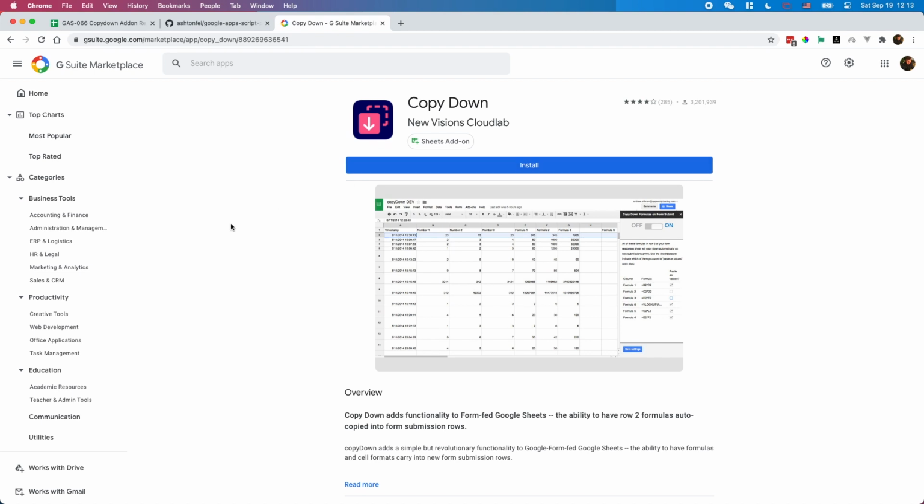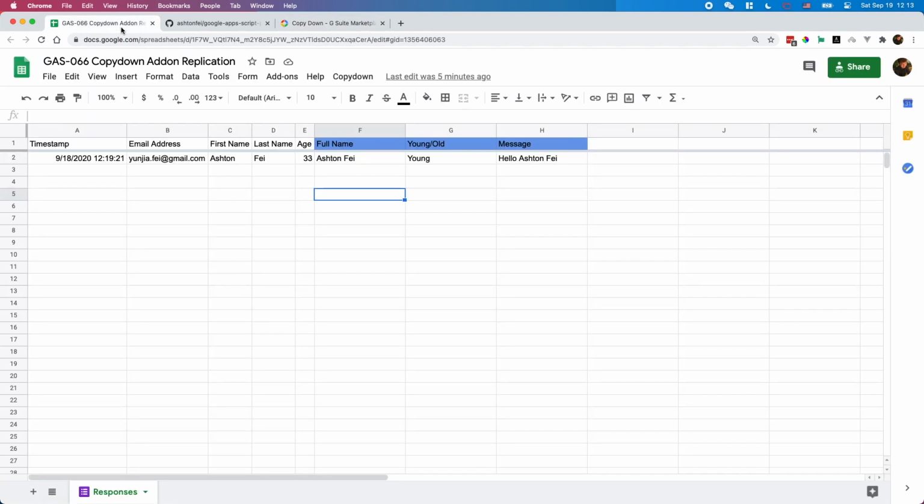I just found out about this add-on a few days ago, and I started to make a replication of this add-on with Apps Script in the Google Sheet. I just did it maybe yesterday, so I'd like to share the code with you. So it's just for learning purposes, so if you are interested,